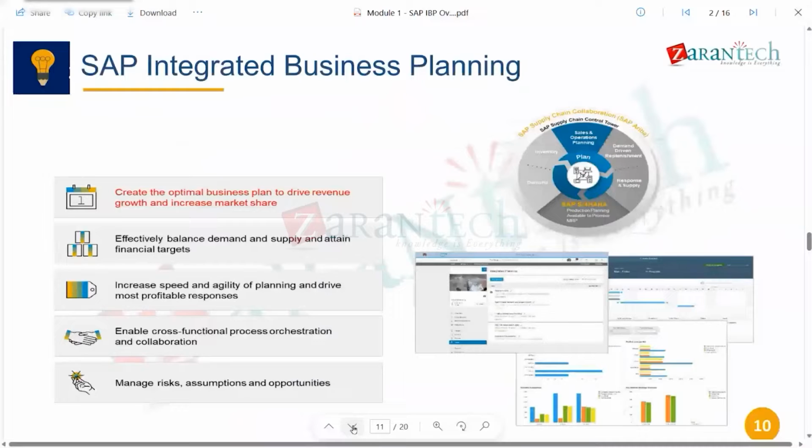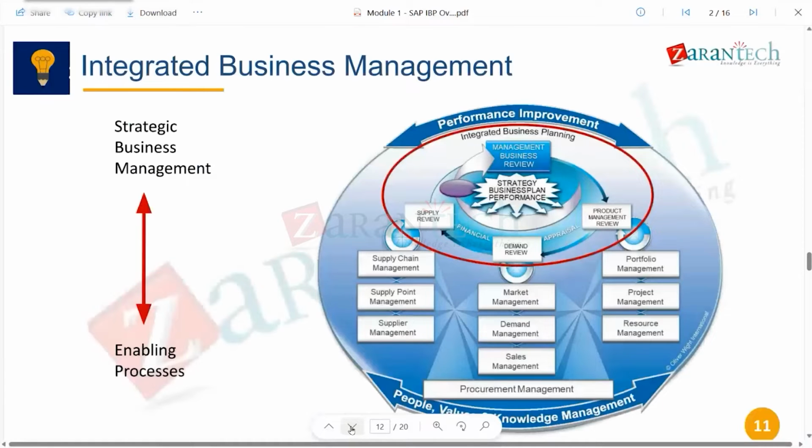Okay, so we move on to the next slide. This also focuses on integrated business planning, mainly sales and operations planning, which is to balance demand and supply. That's what we already understood. It aims to increase the speed and agility, the flexibility within the planning function, and manage risk and assumptions so that maximum opportunities can be grabbed. Now in the next slide,